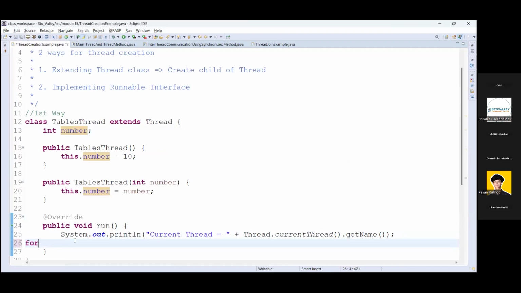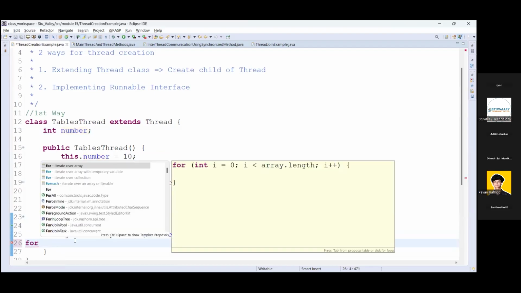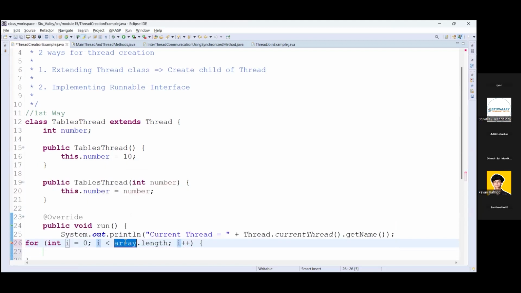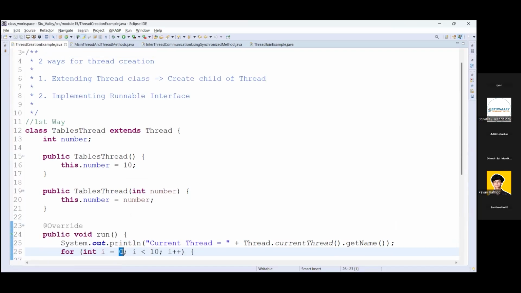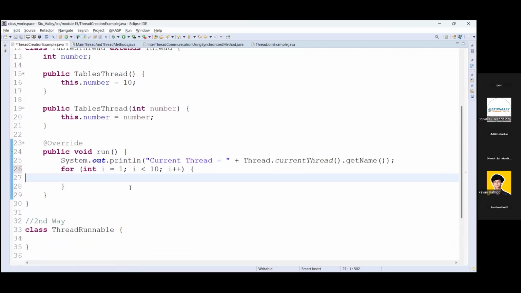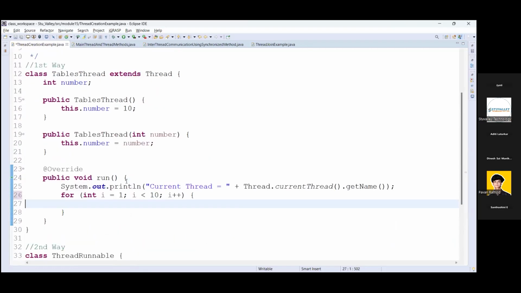You know how to calculate it, so I'm using a normal for loop. There is no array, the length will be 10, from i equals 1 to 10, to perform the calculation.